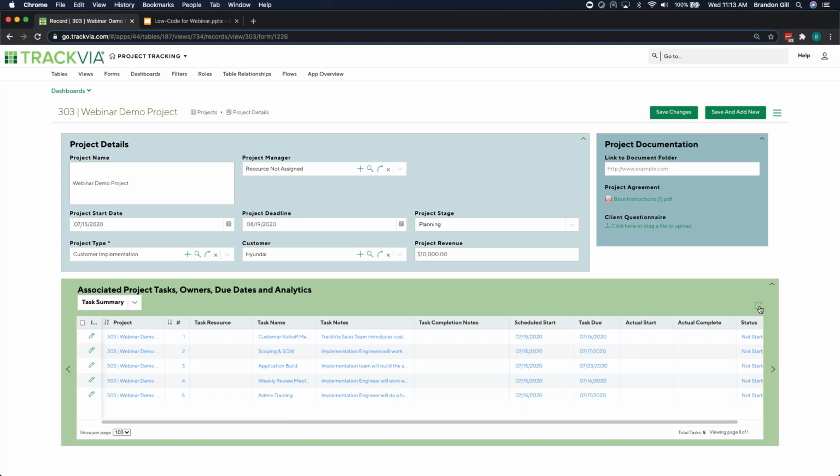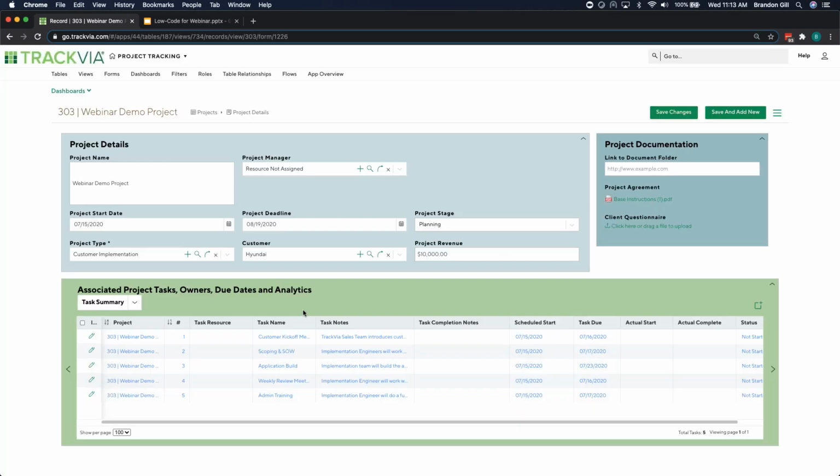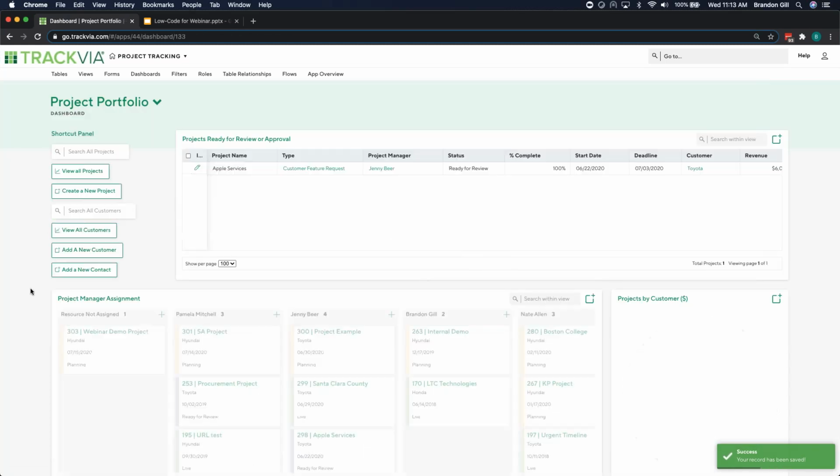And of course, we can always use this plus button to add some ad hoc tasks if we'd like. But if your organization does it differently, that's okay. That's really the beauty of low code, is that it's designed to be that 100% fit to your process. Okay, so now that we've got some tasks generated, let's jump back out to that dashboard where we're going to